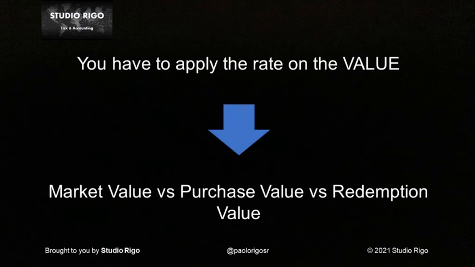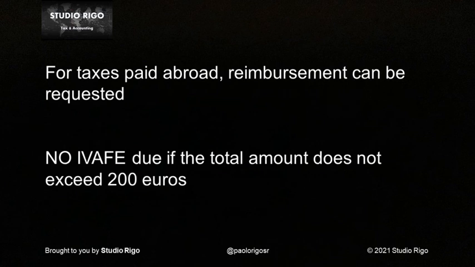There is no tax credit if an agreement is in force with the country in which the financial assets are held to avoid dual taxation, which provides for exclusive taxation for the activity in the holder's country of residence. In these cases, for property taxes paid abroad, reimbursement can be requested from the tax administration of the country in which the taxes were applied, despite the conventional provisions.